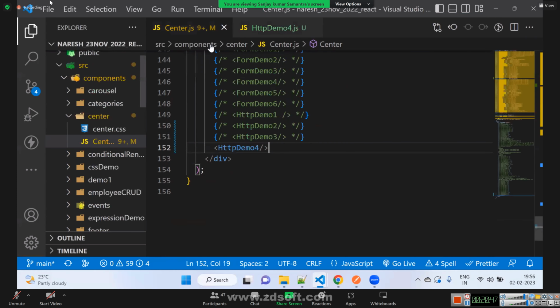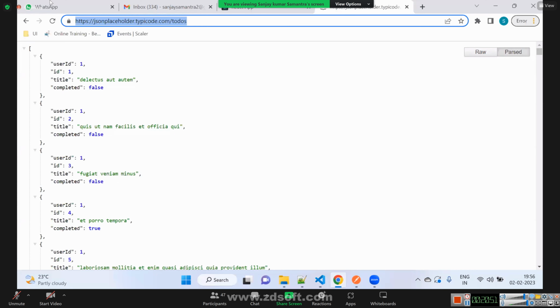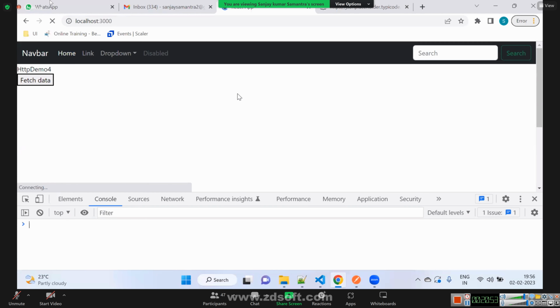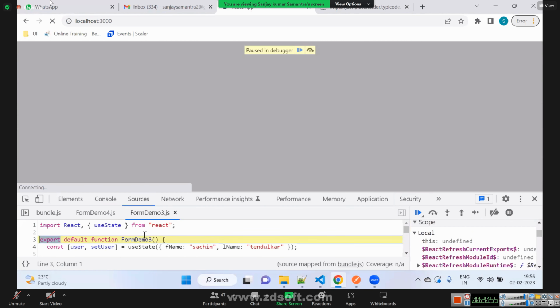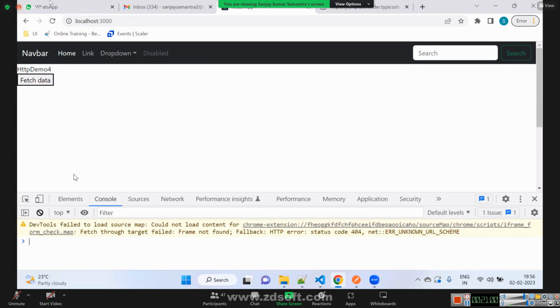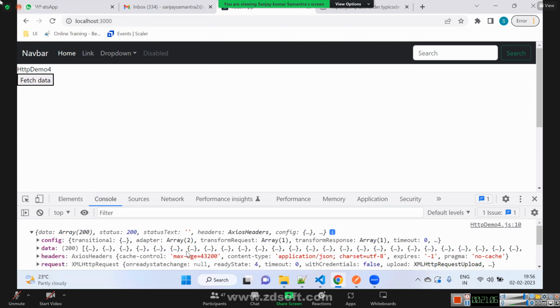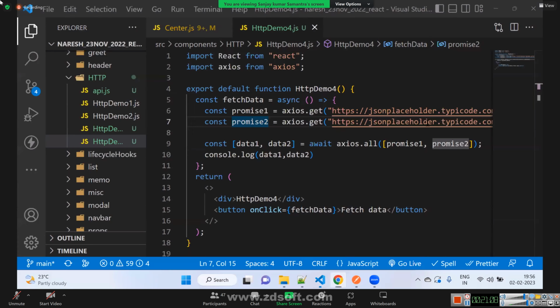Now demo4 is enabled. I'll go here. On click of the button, it will make an API call and it will fetch. This is fetching.